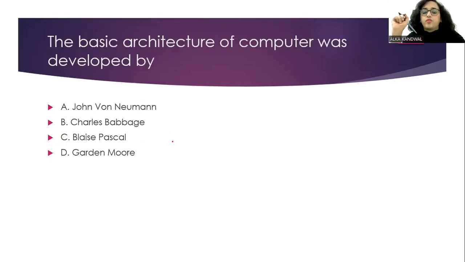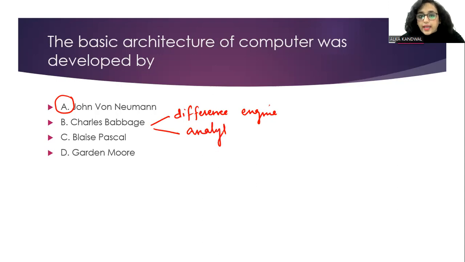The basic architecture of computer was developed by John von Neumann. So many of you get confused कि Charles Babbage father होंगे तो basic architecture उन्होंने ही दिया था. नहीं, the basic architecture of computer was developed by John von Neumann, and Charles Babbage had given the concept of difference engine and analytical engine. That is why he was known as the father of computer. And then when we talk about father of modern computer, father of computer आएगा तो Charles Babbage. Father of modern computer आएगा तो Alan Turing आएगा. So you have to be very careful about all the terms.